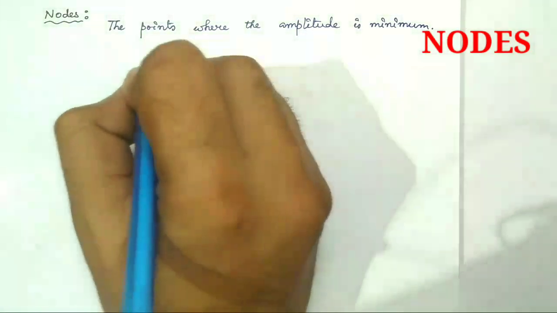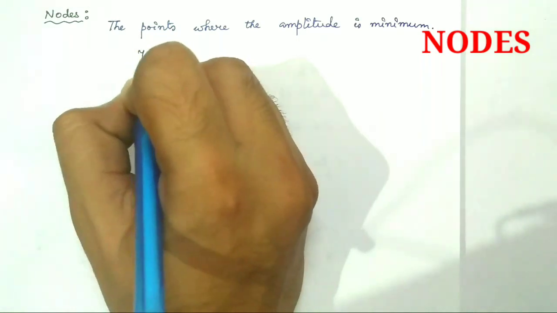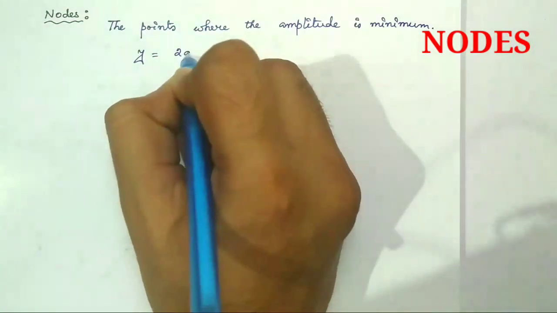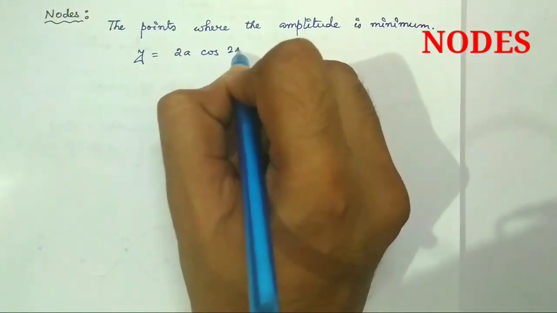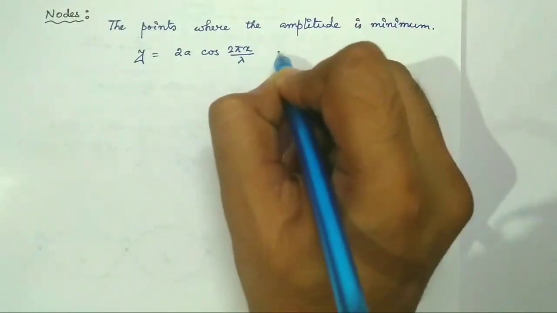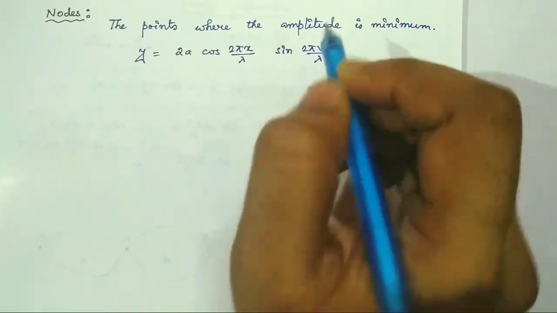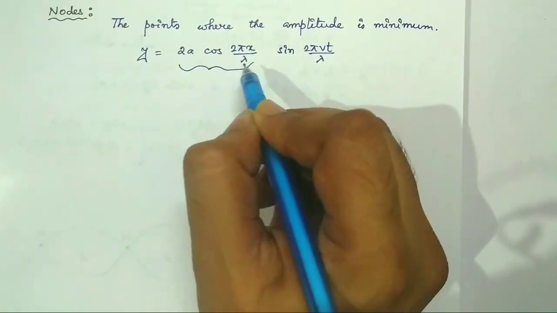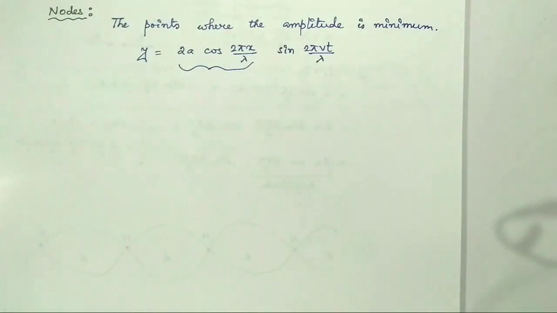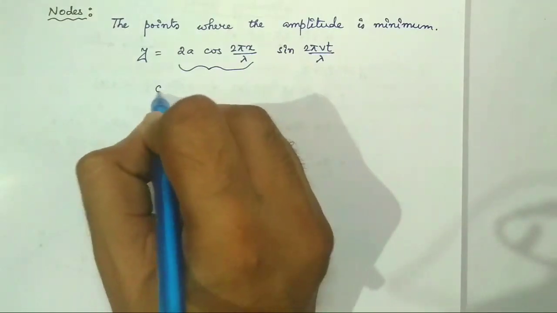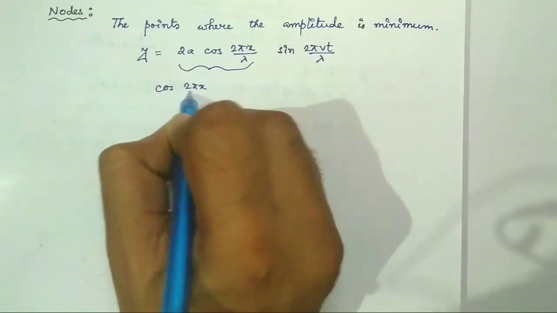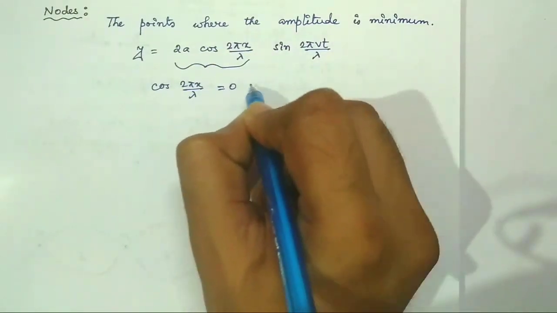I have derived the equation of the stationary wave, that is y equal to 2a cos 2 pi x by lambda into sine 2 pi Vt by lambda, where I have told you that this is the amplitude term. For nodes, the amplitude is minimum, that is cos 2 pi x by lambda is 0,